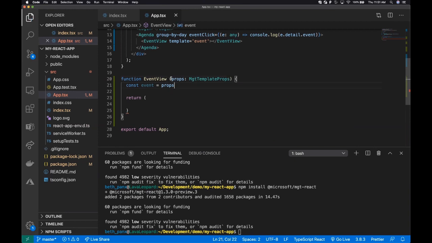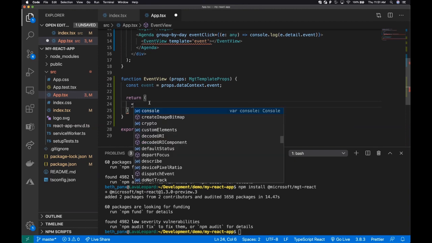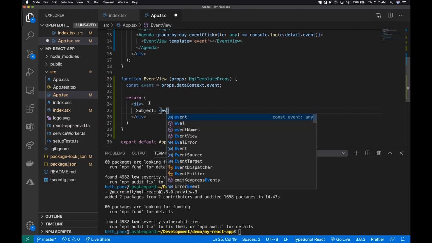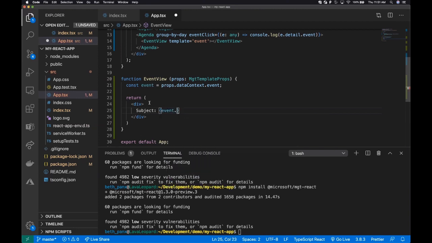Props, there it is. So if I do props.dataContext.event, it's going to give me the whole event object and store it in this constant. And then what I wanted to say is, I just want to show the subject of this event first. And then what I can do is get back to this event and look at it, see, now I wish